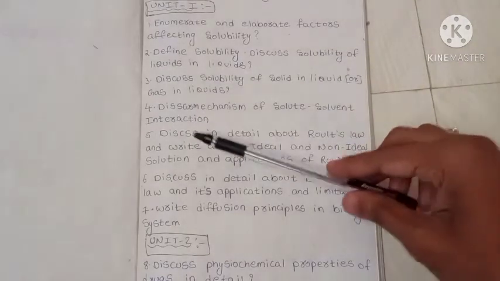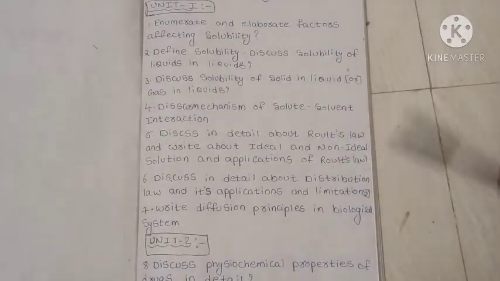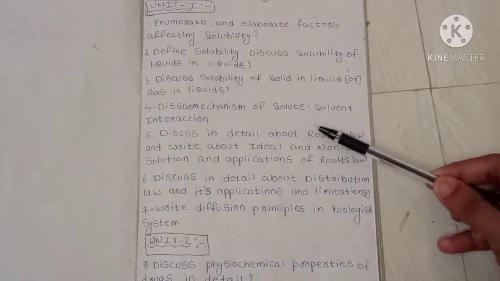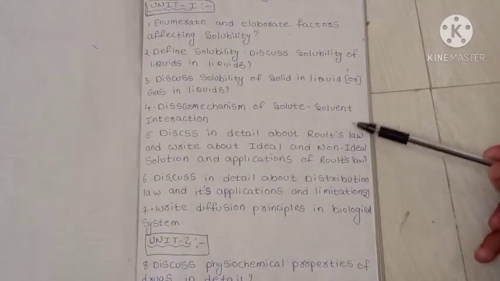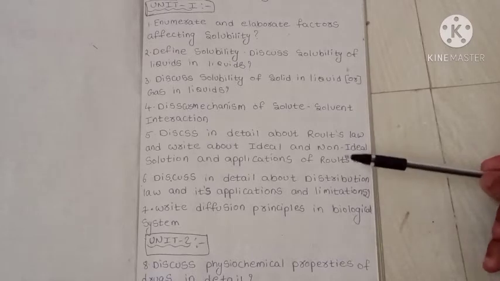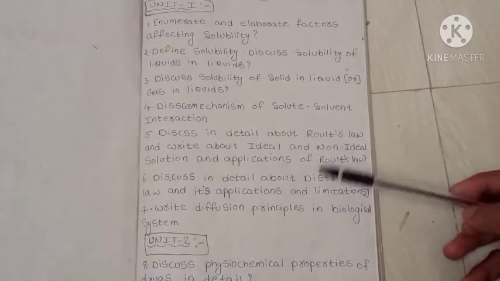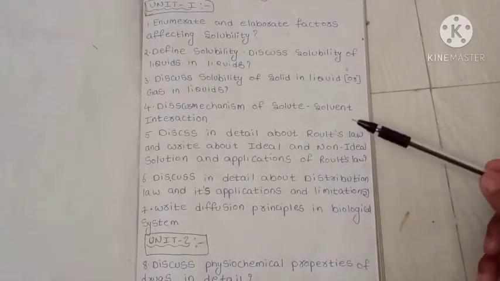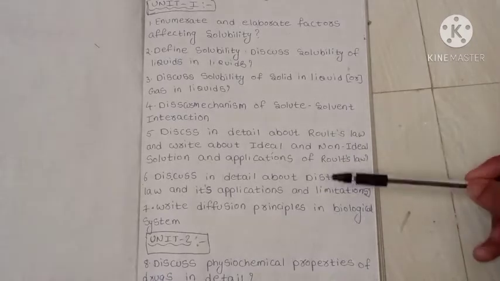Next question is: discuss the mechanism of solute-solvent interactions. That means we need to write about solute-solvent interactions and discuss in detail about Raoult's law. Raoult's law is very important in Physical Pharmaceutics 1. It may be asked for 2 marks, 5 marks or even 10 marks. We need to write about Raoult's law, and also about ideal and non-ideal solutions and applications of